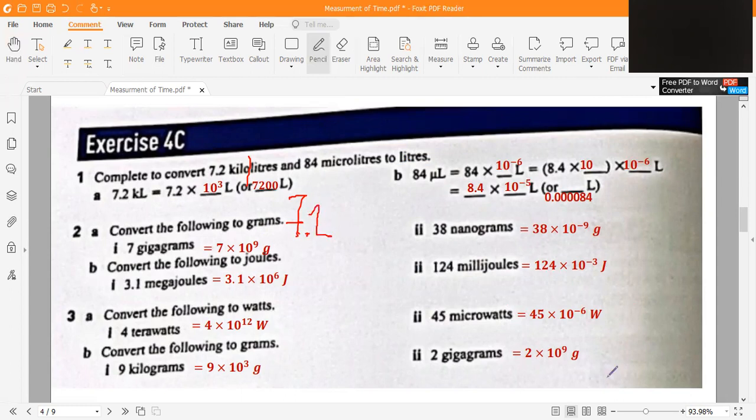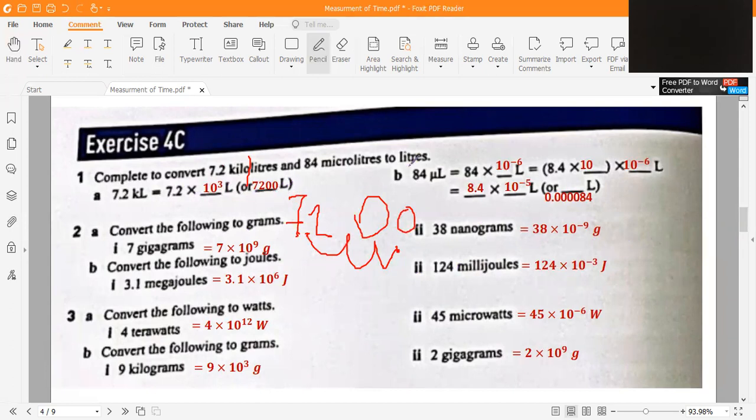We multiply it by 10 power 3, so we can move the point 3 digits to the right, 1, 2, and 3. So the point here is free. We can delete it, and we add zeros for these empty digits. So we obtain 7,200 liter, or we can use the calculator to obtain